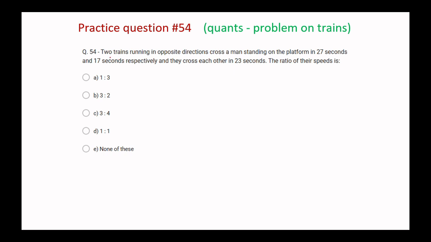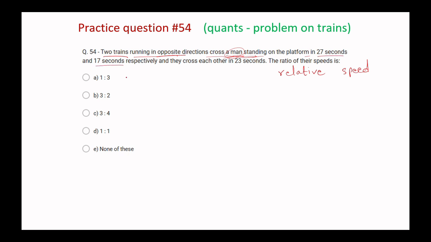Now in this question, two trains are running in the opposite direction. So obviously this is a question of relative speed, in which both the trains are running in the opposite direction. And also one more piece of information is given: a man standing on the platform